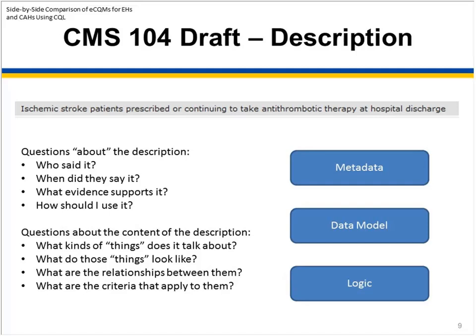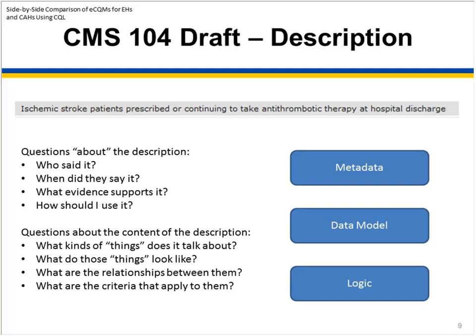So to look at how we do that, we'll start with looking at the draft for CMS 104, the description. So ischemic stroke patients prescribed or continuing to take antithrombotic therapy at hospital discharge. So that's a lot of information in a very short description. So there are a lot of details to be worked out about what that actually means and how you would actually go about measuring, especially if we want to formalize it enough that a system can understand and evaluate